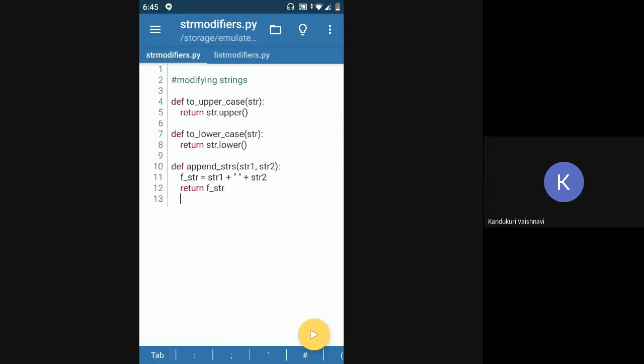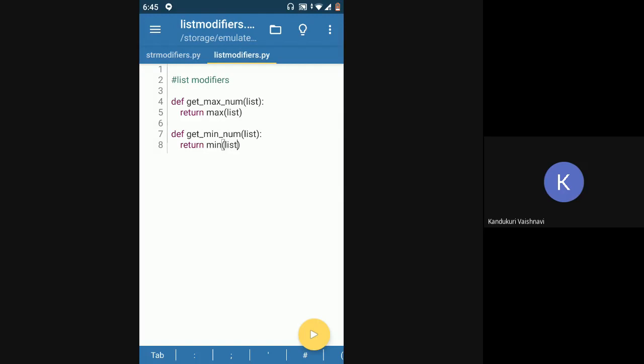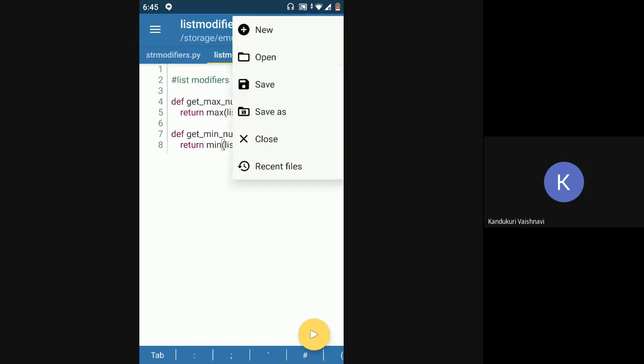String modifiers will modify the strings and list modifiers will modify the list. You basically have to name it such that anyone looking into the code can understand from the name what the function of this particular module is. So we have two modules in one package.